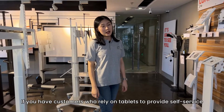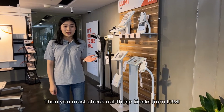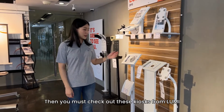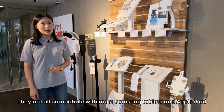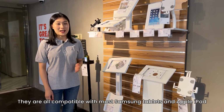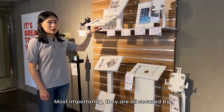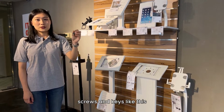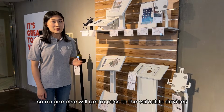If you have customers who rely on tablets to provide self-service, then you must check out these kiosks from LUMI. They are all compatible with Samsung tablets and Apple iPads. Most importantly, they are all secured by screws or keys like this, so no one else will get access to